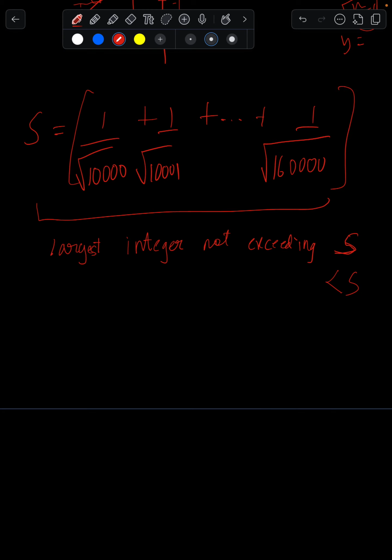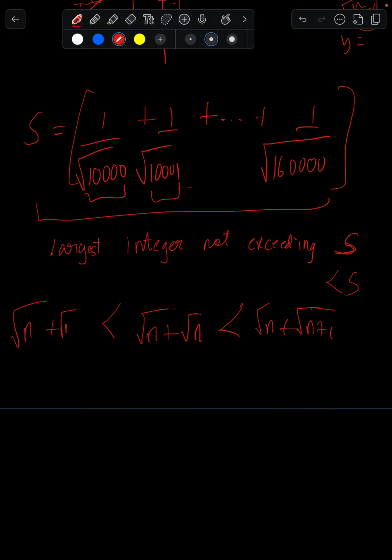Now, square root of n over n plus 1 in a... we know that square root of n plus square root of n is less than square root of n plus square root of n plus 1, and greater than square root of n plus square root of n minus 1. So now if you take the reciprocal, you're going to get 1 by square root of n plus square root of n plus 1 is less than 1 by 2 root n, which is less than 1 by square root of n plus square root